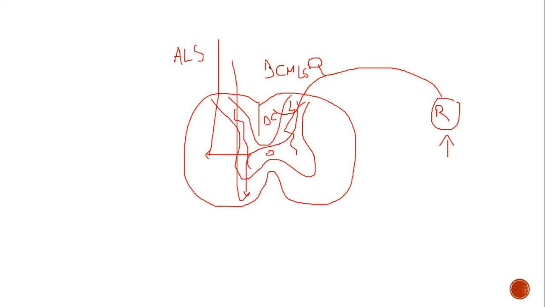So the name is basically on the basis of the white matter the neuron is entering into. If it's entering into the dorsal column, you're talking about the dorsal column medial lemniscus system. And if it is entering into the lateral column as well as the anterior column together, this is known as the anterolateral system, because there's no demarcation between them. This is just a revision. Now let's talk specifically about these systems. First, I'll talk about the dorsal column